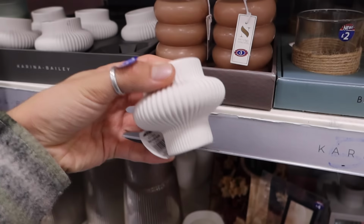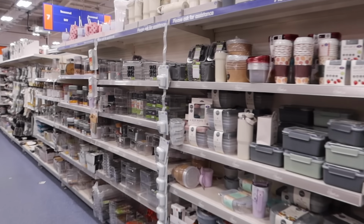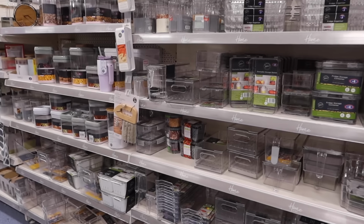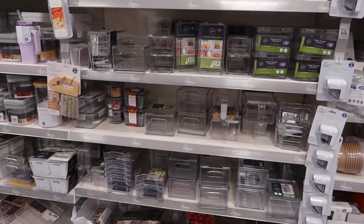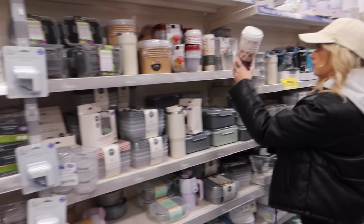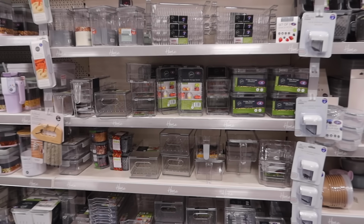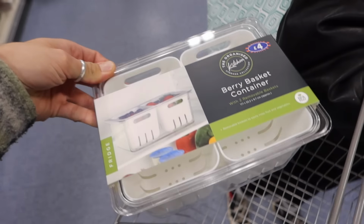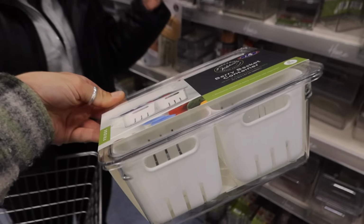Very, very nice. Right, this is why we're primarily here, for some kitchen storage and some ideas, things that can go in the fridge. I knew you'd pick that up. Yeah, some fridge organisers would be very useful. Okay, this is what we're going to go for. We're going to go for a berry basket container, and this can have tomatoes on one side and